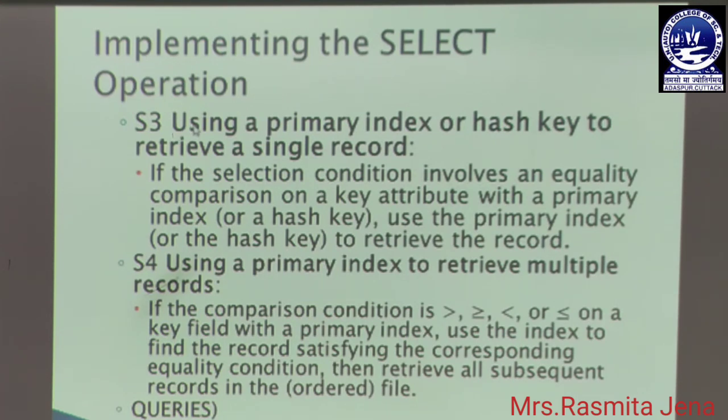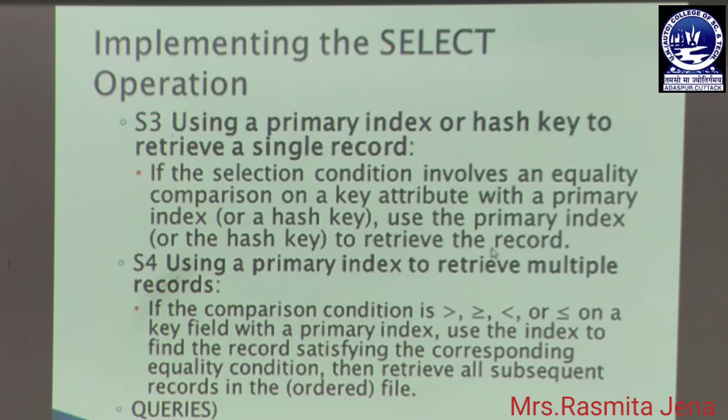Then comes the third algorithm for executing the select operation: using a primary index or hash key to retrieve a single record. That means in this case, if the select condition involves an equality comparison on a key attribute with a primary index, we use that primary index to retrieve the record.